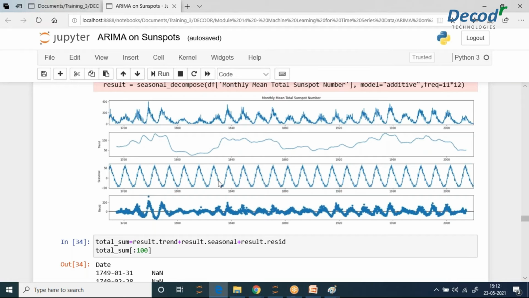Then this is the seasonality of the data set, just the seasonality. And these are the noise. So we are able to separate all of these things from the data, right? This is how we can do that.